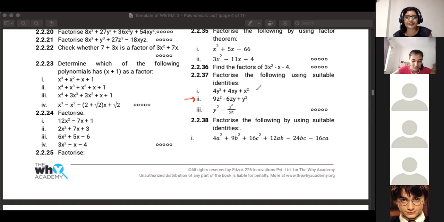Yes, Ashka, correct. So factorize and tell me the final answer, like the rest of you. If this is a plus b whole square, write it as 2y plus x the whole square and send it. That's it. Okay. So factorize, apply the identity, and tell me the final answer.